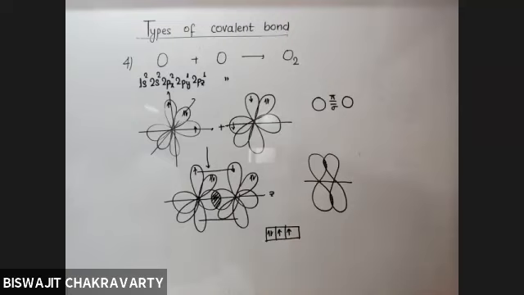So hence, when we talk about a double bond, remember always that in a double bond, one of the bonds is sigma and the other is pi. But whenever there is a single bond, then it must be sigma always. Understood? Yes. Drawn for oxygen.